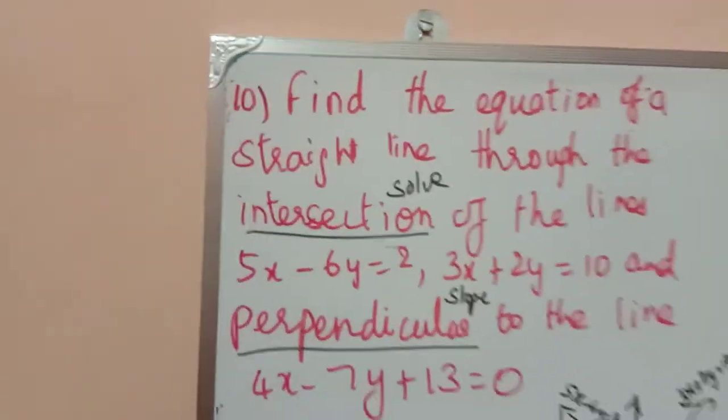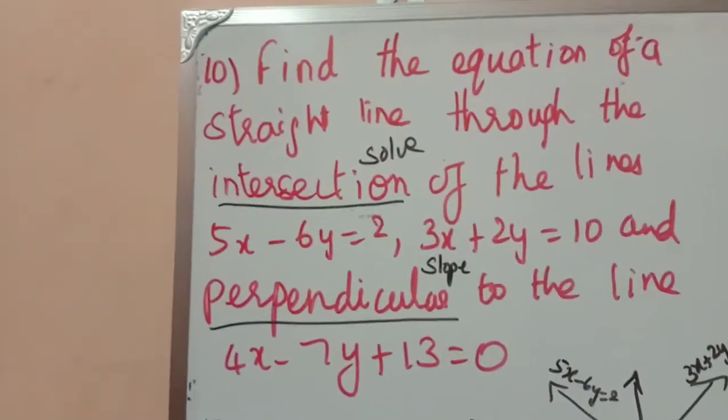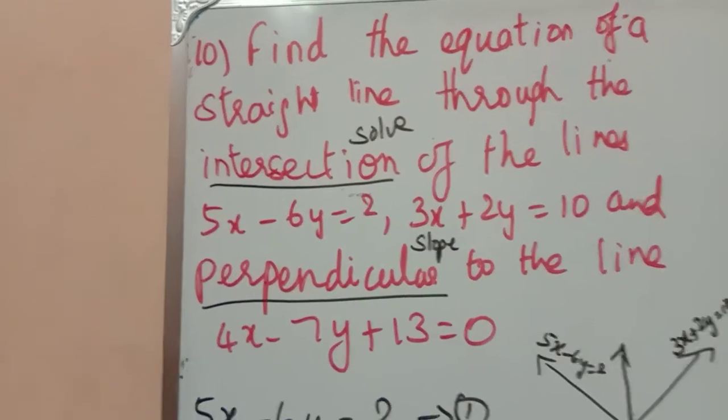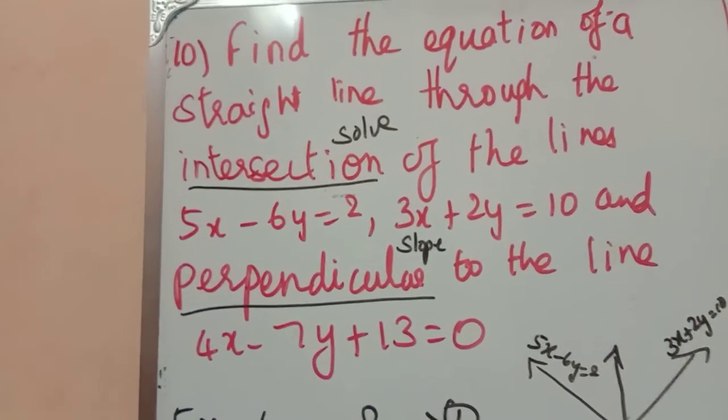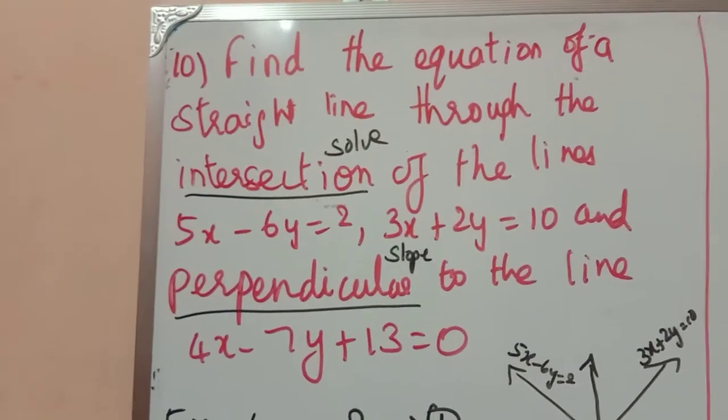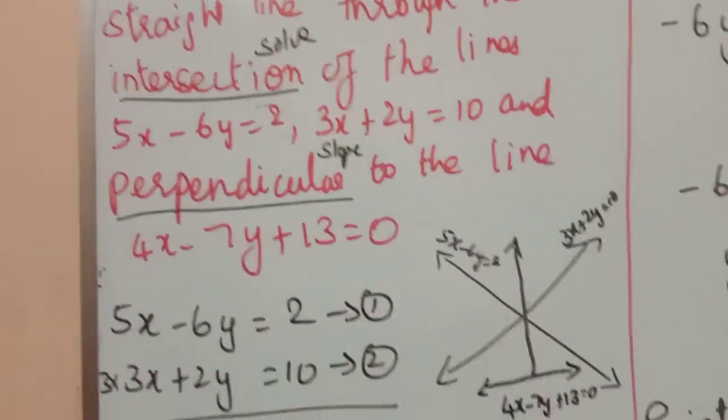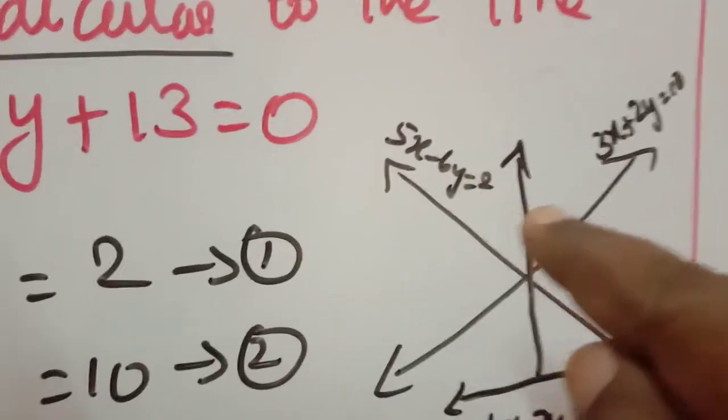Question number 10. Find the equation of a straight line through the intersection of the lines 5x minus 6y is equal to 2 and 3x plus 2y is equal to 10 and perpendicular to the line 4x minus 7y plus 13 is equal to 0. So we have to find the equation of this straight line